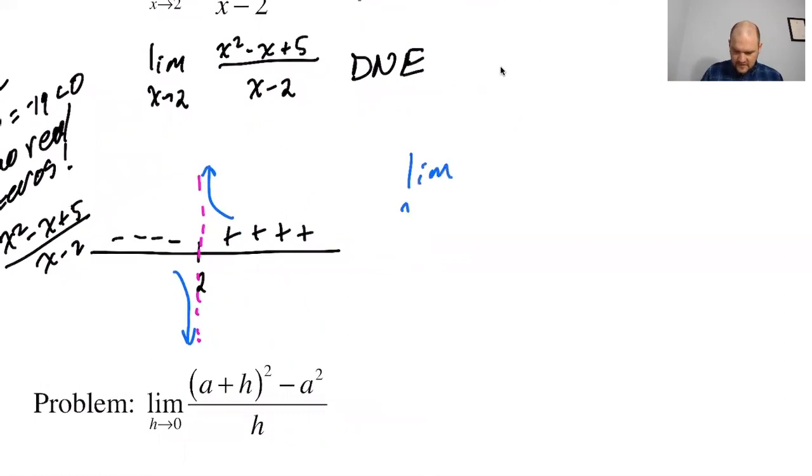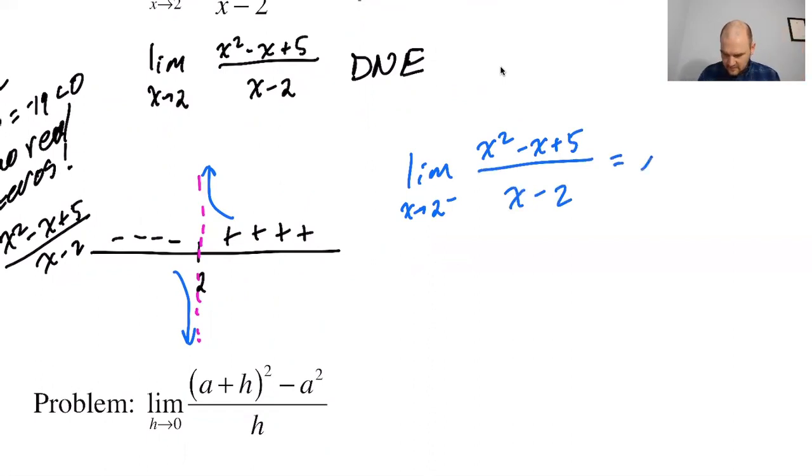The limit as x approaches 2 from the left of (x squared minus x plus 5) over x minus 2 goes to negative infinity. The limit as x approaches 2 from the right of the same expression